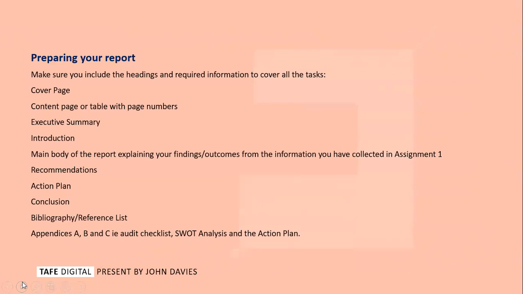Here is the layout to be used for this report. The cover page. Here we need the name of the assessment and unit number and the student name and TAFE ID.